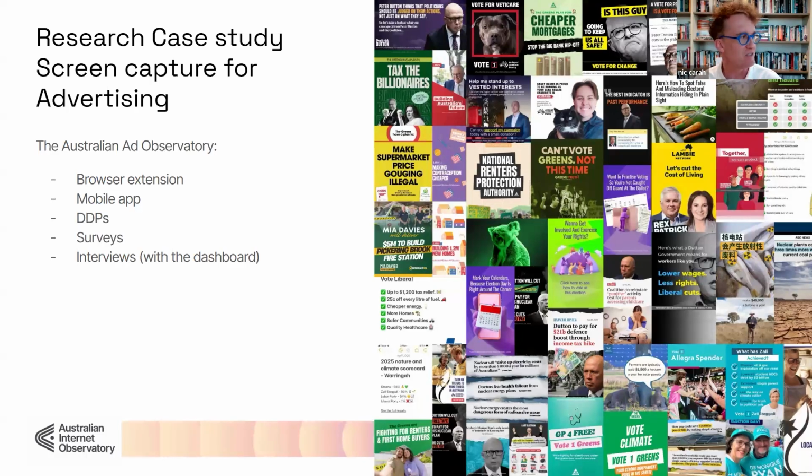And in its first phase, it used a browser extension where people would install a browser plugin, and then when they were on Facebook, it would extract ads from their newsfeed and donate them to us as researchers. In the current phase of the study, we're using the mobile app that Dan just showed us. People install the mobile app on their phone and switch it on, and then they're invited to complete an onboarding survey where they enter that 6-digit alphanumeric code from the app, and that enables us to link the donations coming through from their instance of the app to their survey responses.